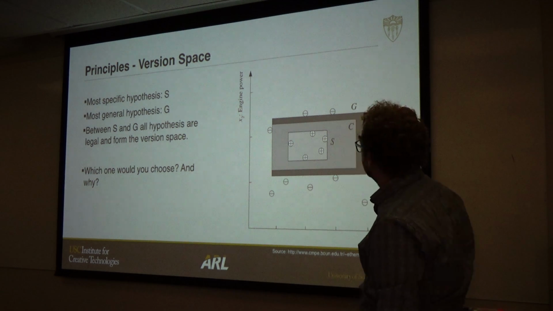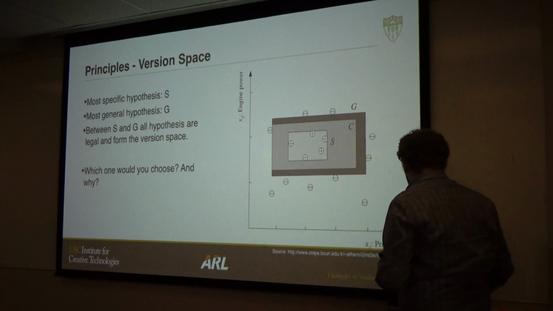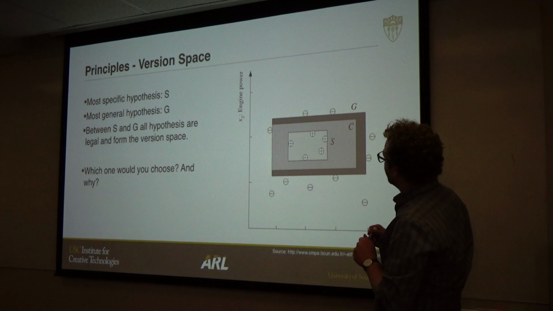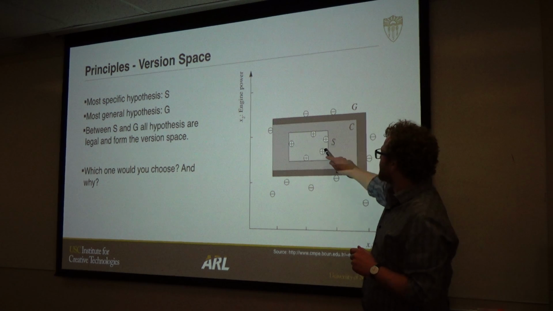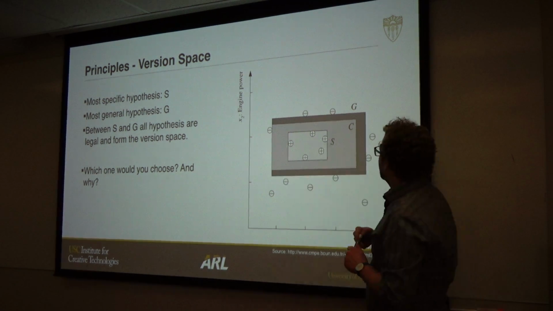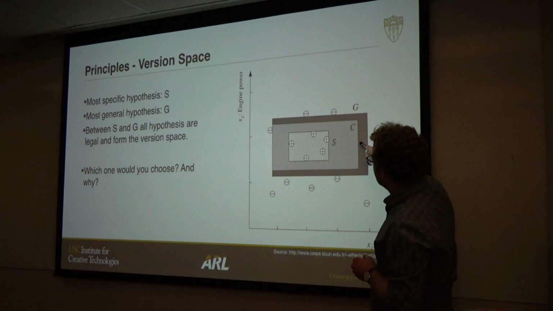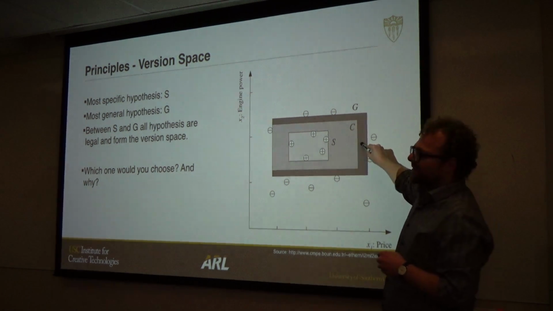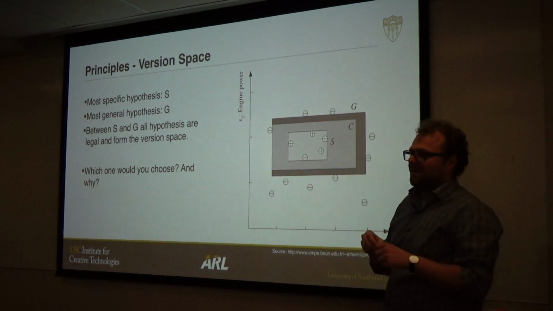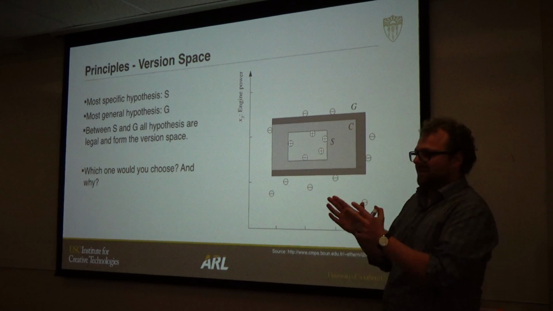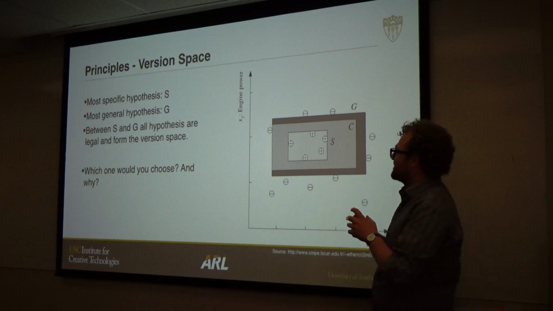So we haven't seen every data point yet. There might be a data point that is a family car, but it's here, right? So the specific one is wrong. And we haven't seen all the non-family cars, so we might get an observation that's here, and it's not a family car, right? So both G and S are either too specific or too general. So it's something in the middle, but which characteristic would be the best to have?